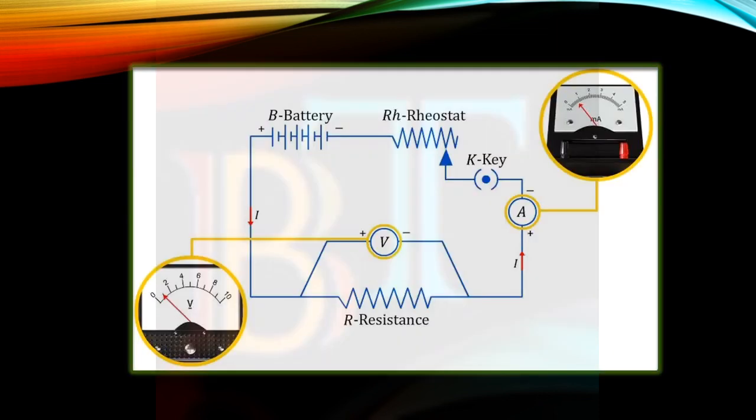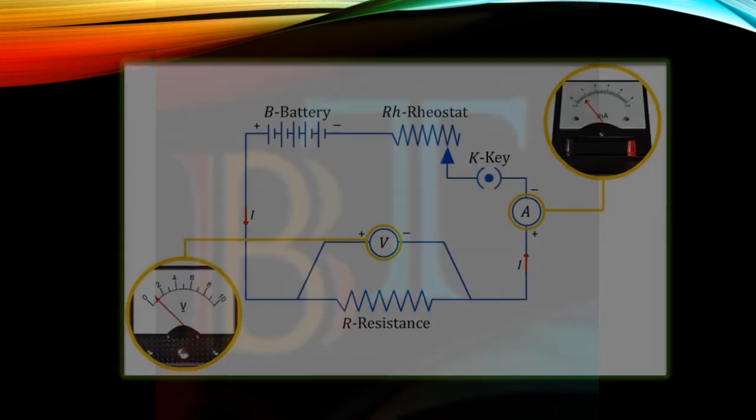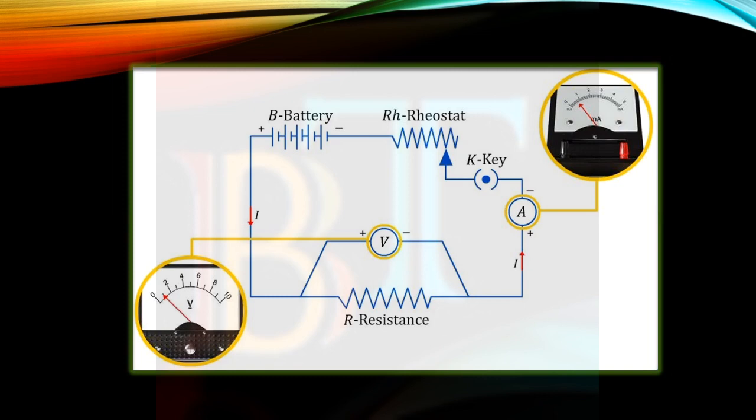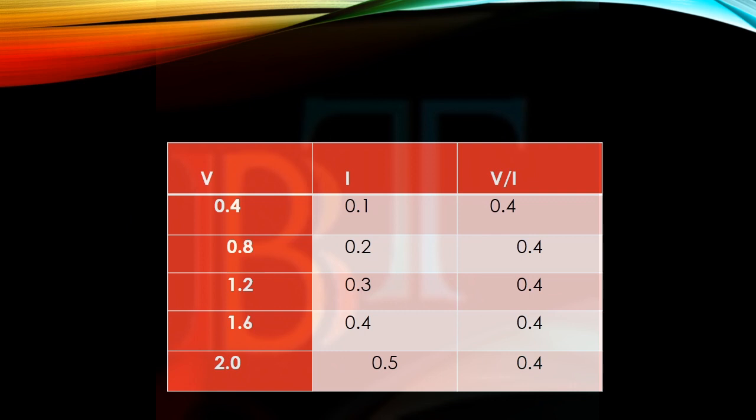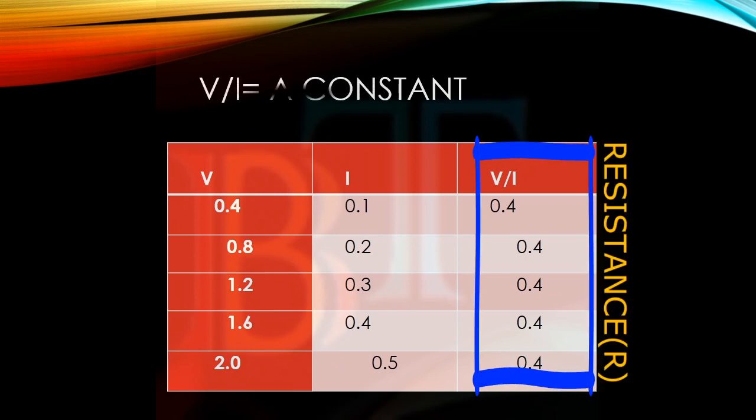First, the key is closed and the rheostat is adjusted to get the minimum reading in the ammeter and the voltmeter. The sliding terminal of the rheostat is then moved to increase the current gradually, and each time the value of current flowing in the circuit and the corresponding value of the potential difference across the resistance wire is recorded. Then for each set of values of I and V, the ratio of V by I is calculated. It is observed that the ratio of V by I is almost constant, which gives the resistance R of the